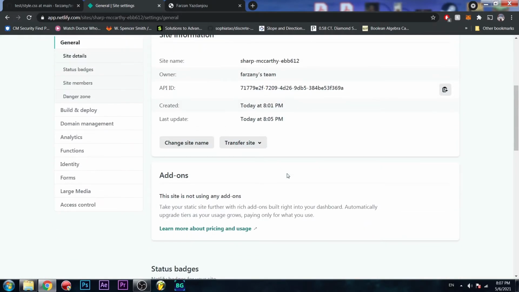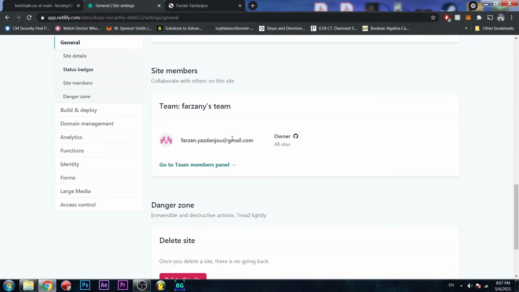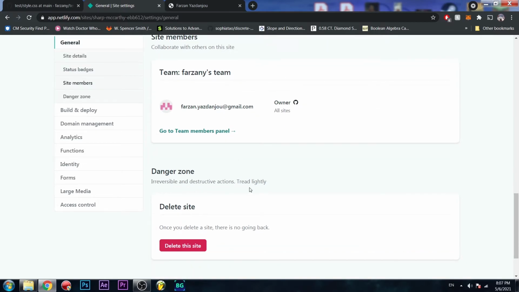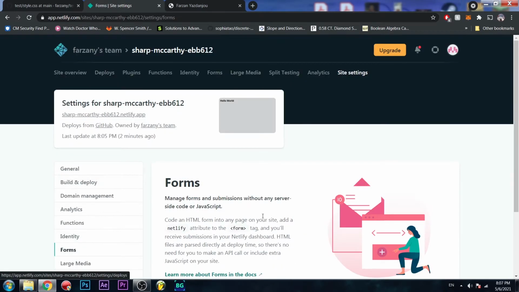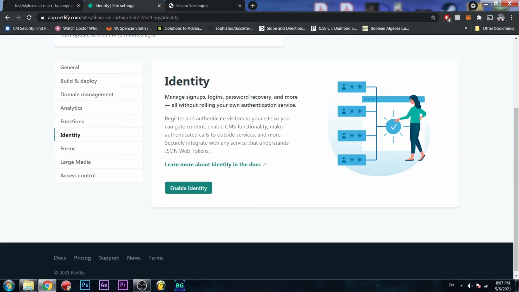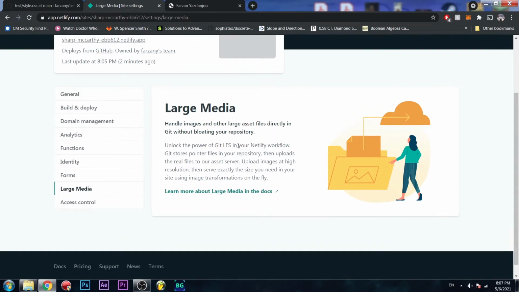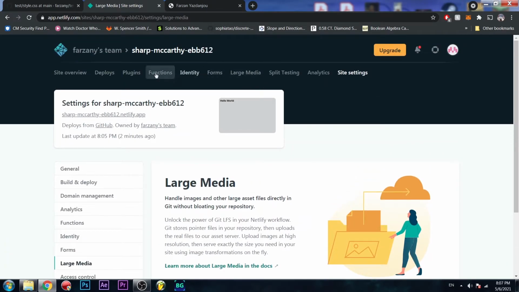The site settings, it's just the basic add-ons, your badges. You can add some other members to work with you. Danger zone, whoa. You can also do forms instead of PHP. I have not messed with this, so I'm not really sure. Identity, signups, logins, and password recovery, and large media, if you have large assets you want to share or download. You can also go to